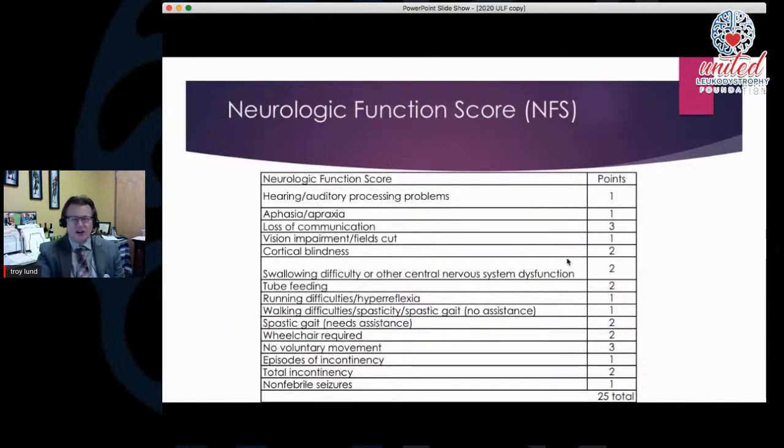And then in our last point here, we did look at function of these boys. So we have a way to assess boys using the neurologic function score developed by Dr. Jerry Raymond. And it's really a dysfunctional score because you get points off for problems the boys have. So if you have a hearing problem, you have 1 point off. If you're blind, you have several points off. Field cuts, 1 point off. Walking difficulties give you a point. So all of us should be a score of 0. Your maximum score is 25, and you can imagine children that score that high are moribund. And then many kids are somewhere in the middle here, depending if they have a wheelchair, incontinence, etc.